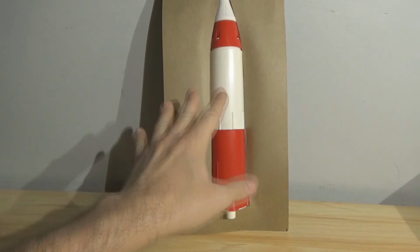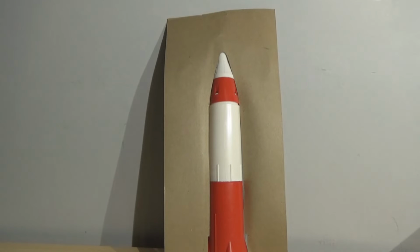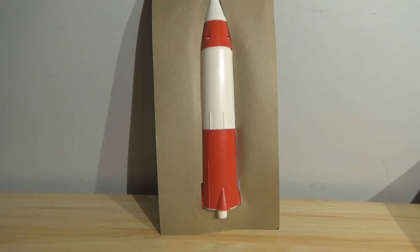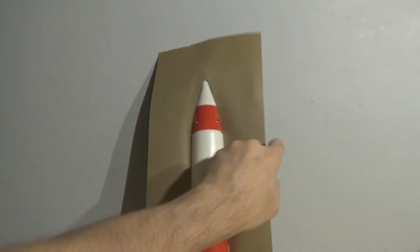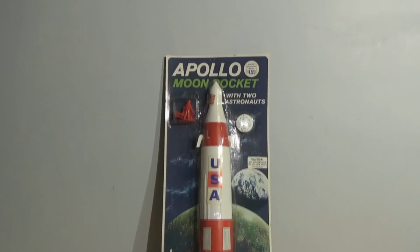I'm not going to mess with it. I don't want to hurt it, because the card is actually really exceptional considering how old this actually is. The card on this one is really clean. It's unpunched because there is a punch tab at the very top of this. And so I'm really pleased to have this. As I was saying,